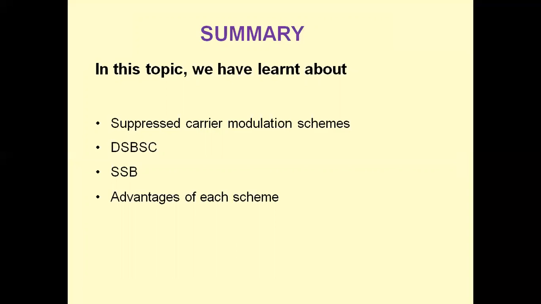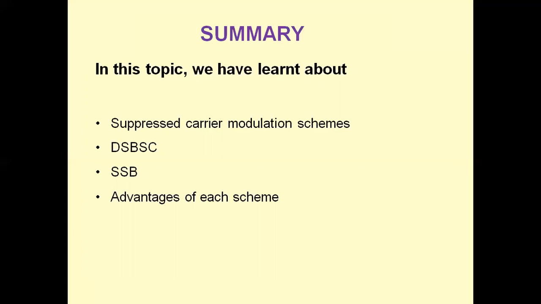This means that insofar as the transmission of the information is concerned, only one sideband is necessary. If the carrier and the other sideband are suppressed at the transmitter, no information is lost. Thus, the communication channel needs only the same bandwidth as that of the message signal bandwidth. When only one sideband is transmitted, the modulation scheme is referred to as single sideband modulation.